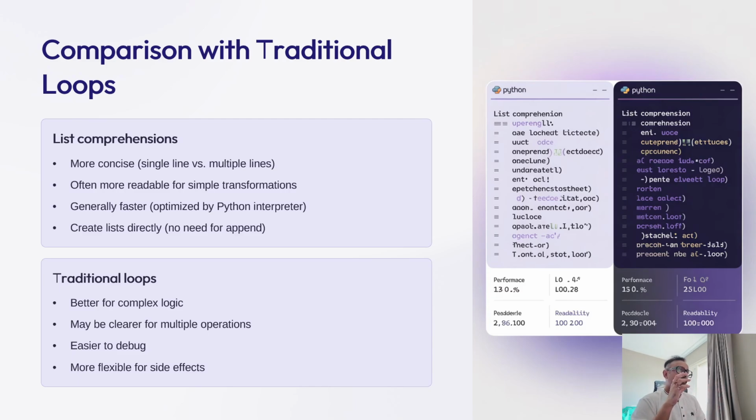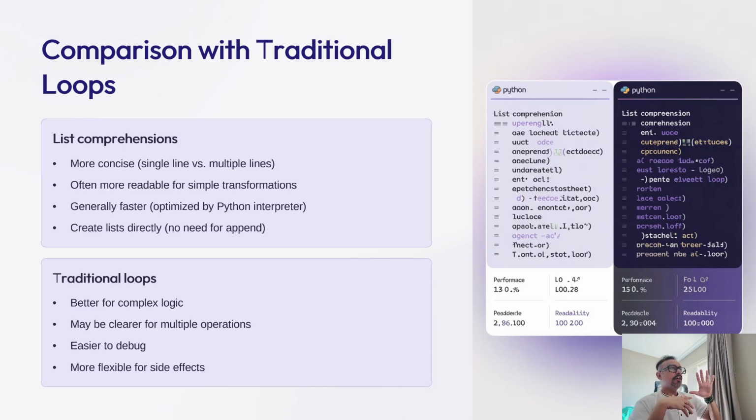That means we are not saying that we should not use traditional loops. We are saying that wherever you have small conditions, not the complex ones, that is nested conditions, we can use list comprehensions and increase the speed of our code. But where there is very complex logic and multiple levels of nested conditions, that is nested loops along with the conditions, it is better to use traditional loops so that we can add print